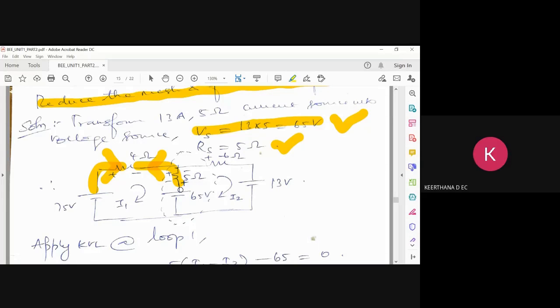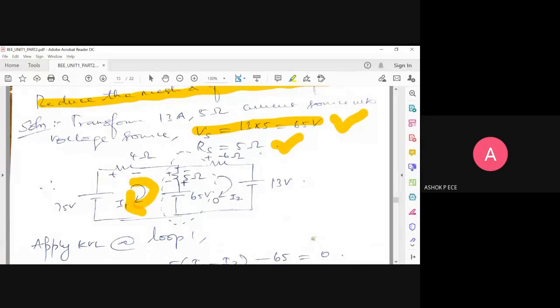I told you clockwise, sir. In this case what you should do is, away from the 75. Current flows from higher voltage to lower voltage. Very good. So even though you have two currents flowing in the circuit because of two voltage sources, the final current will be flowing only this way because 75 is greater than 65.